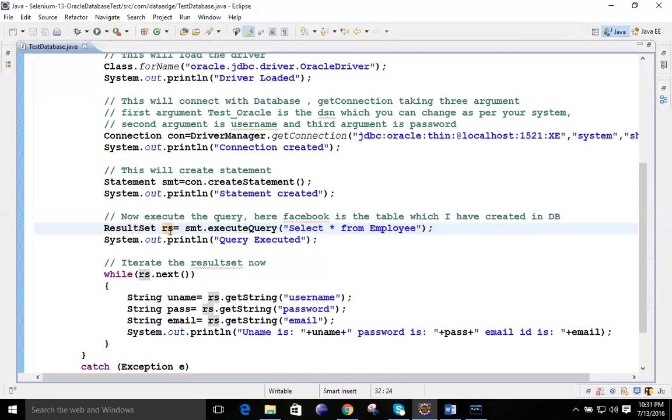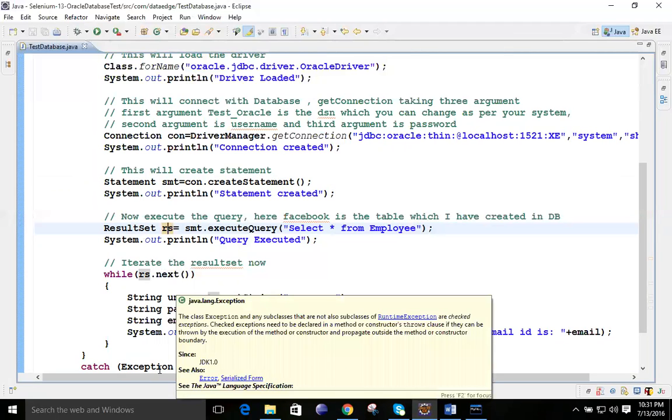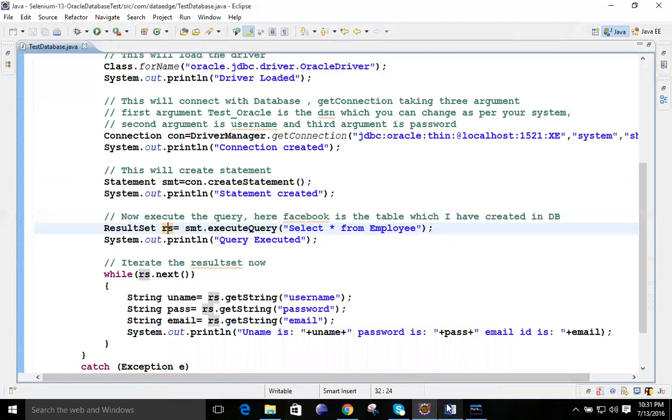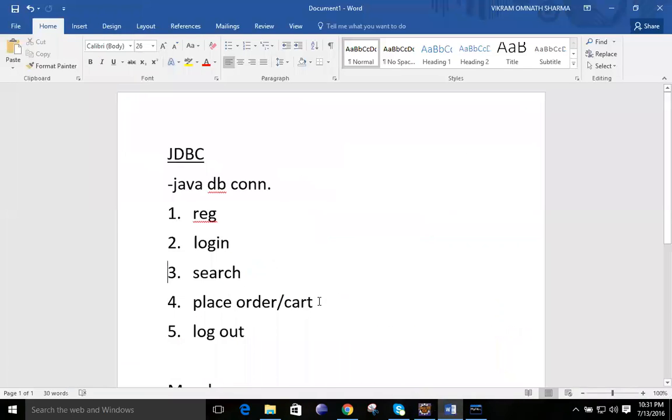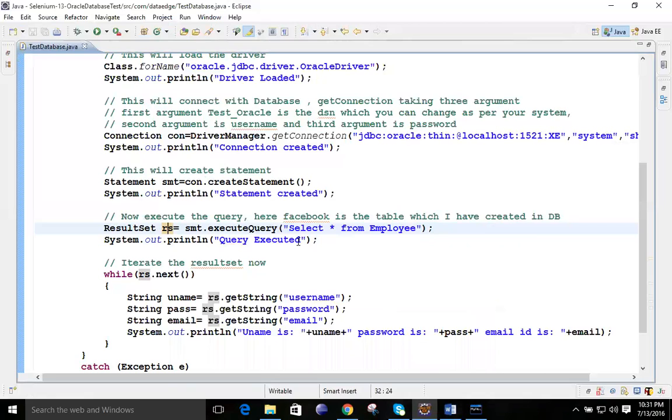Now if you want, you can display the data, or you can simply close the connection. That is something like, if you want, you can place the order, or you can leave it in the cart itself. That is similar to this operation. If you have successfully taken the data from the database, you can show the data, or if you don't want, you can leave it.